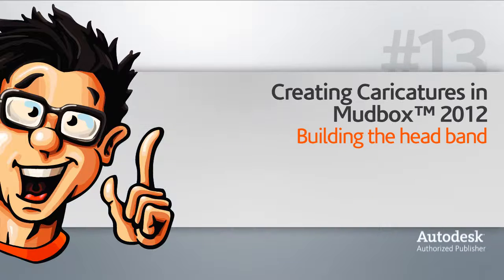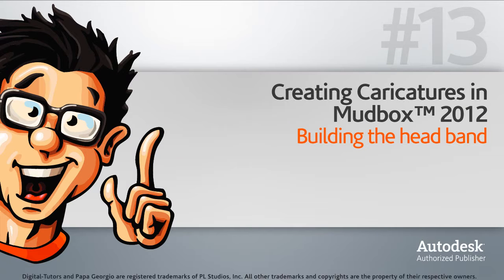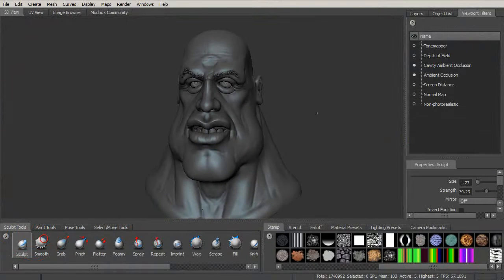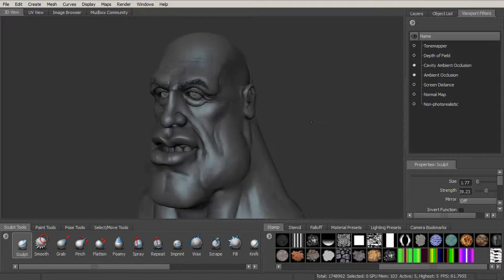In this lesson, we'll begin building some accessories for our character. We'll start with the headband. So let's start back in Mudbox. We need to have the head in Maya so that we can use it as a guide for creating our